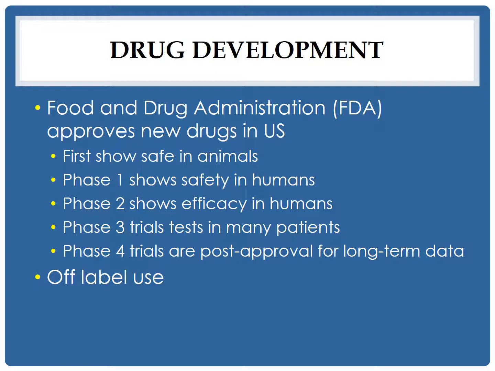This is basically just to show that the drug is safe for humans to take. This is done in healthy patients generally. Then in phase 2, the drug is moved into humans who have some disorder or disease that you're trying to fix with this drug. So this is the first time that it can really show efficacy in humans. If those requirements are met, then the drug can move into phase 3, where you expand your patient population, and this is where you're going to have enough patients to be able to generate statistics and be able to say